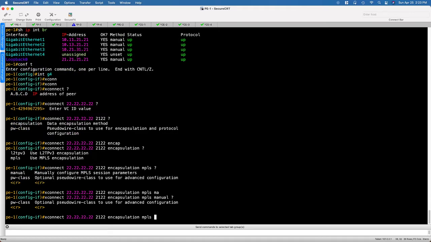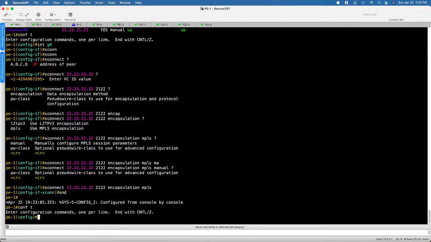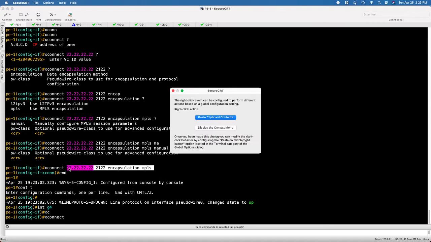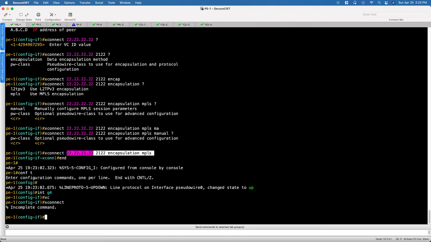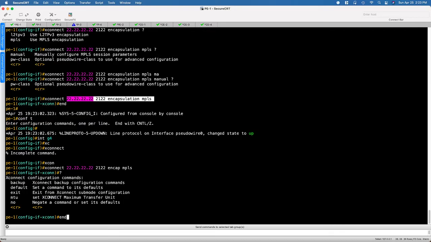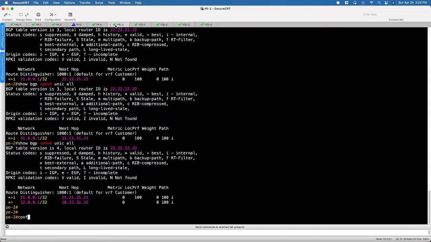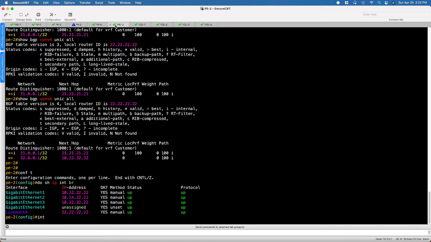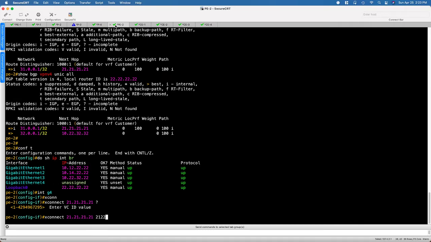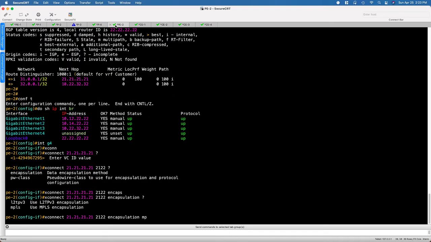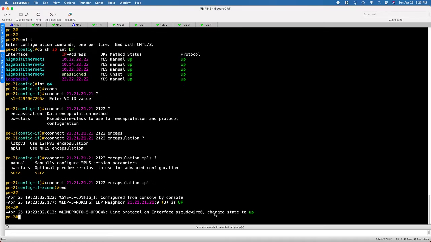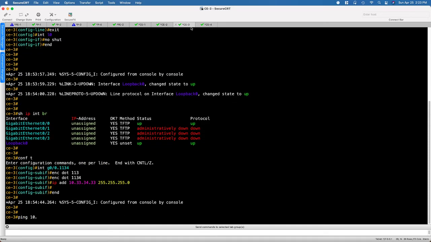No, that's fine. Whoops. Interface G4, xconnect. We'll go ahead and paste this all in. Yep, that's fine. Alrighty. And then as far as the configuration on here goes, it's going to be nearly the exact same thing. 2122 for the virtual circuit ID, that has to match, and then we're going to go for MPLS. And in theory, we have a targeted LDP neighbor, we have a pseudowire that comes up, and unless I botch something,